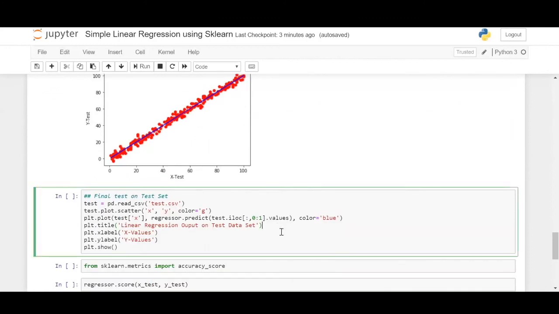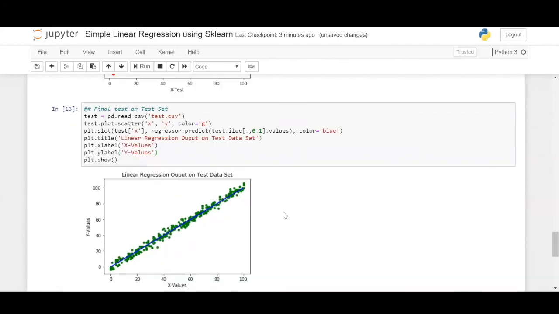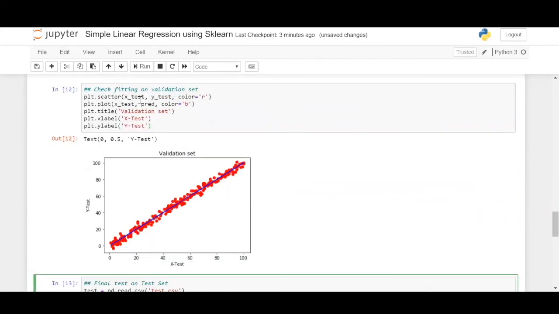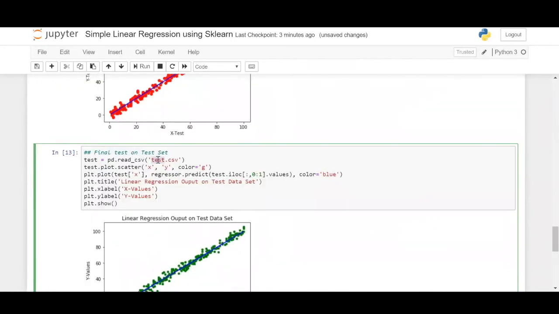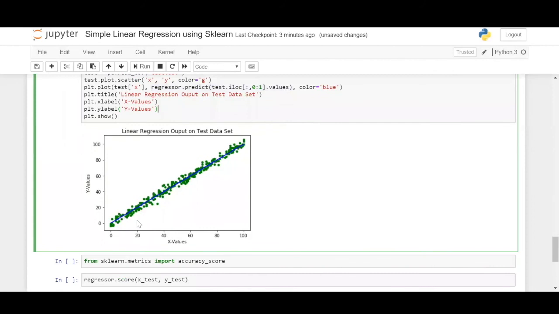I'll just run it upon the testing data. So this is another test dataset we have, from test.csv. This extra file I added to see how it performs upon test data it has never seen before. So we're just defining x and y and plotting the predictions. So here we have the predictions. Can you see this? So this is the one.